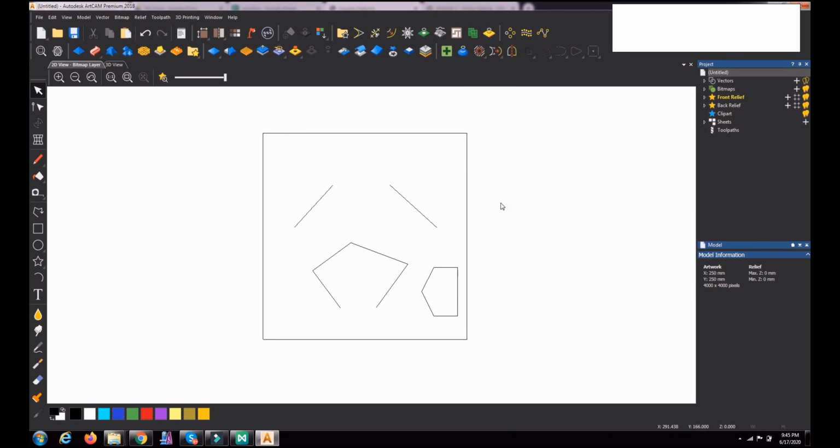Now we will see two commands, joining and closing the vectors. Okay, how can we join vectors? Suppose there are two vectors like this. If I want to join one to another, it is possible in three ways.